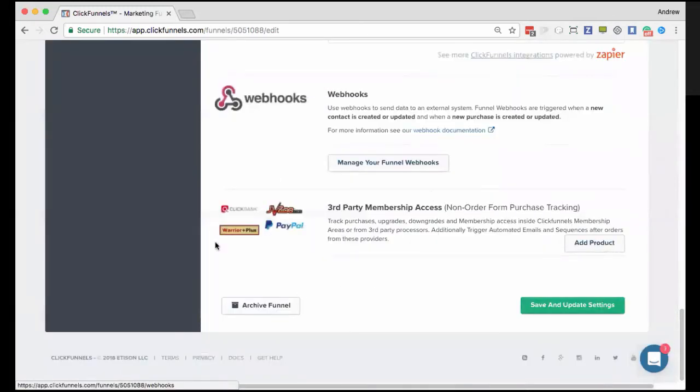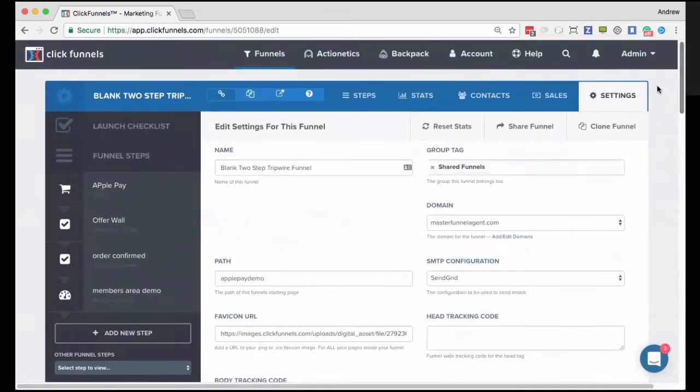So obviously, if you have any questions about this, we do have an article that covers both Jvzoo and PayPal. And if you get stuck, just please ask. We have a support team that will be able to walk you through most of it. Obviously, anything to do with logging into your payment gateways, we're not able to do that, but we can give you the right direction and make sure everything's working on the ClickFunnels side. But it is pretty straightforward. The trickiest part about it is actually setting your product up in PayPal. So hopefully that helps.